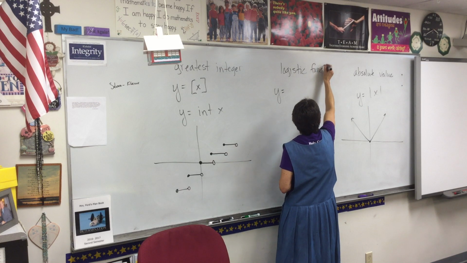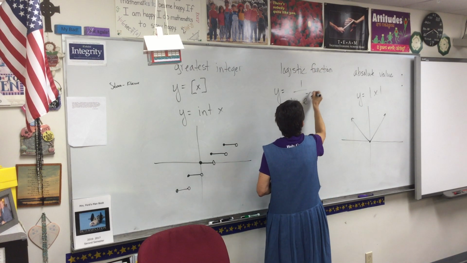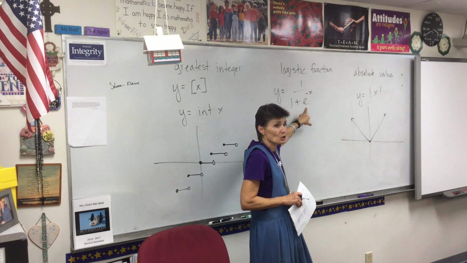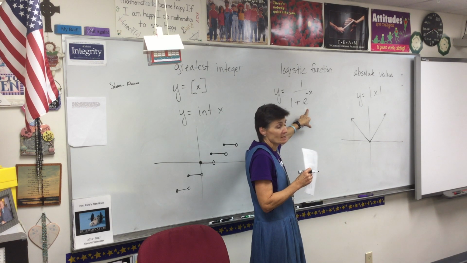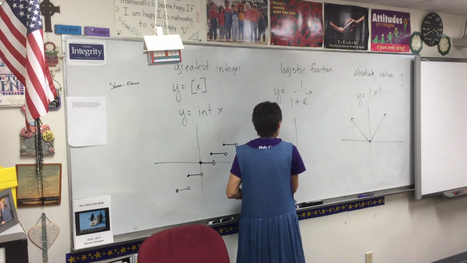And the logistic function has an equation that's a little bit weird. There's that E again. Remember the E? What other function did the E show up in? Exponential. This is the same E. This is the same E that we had in the exponential function. In its graph,